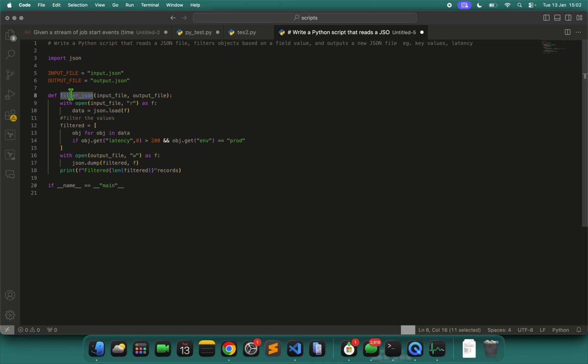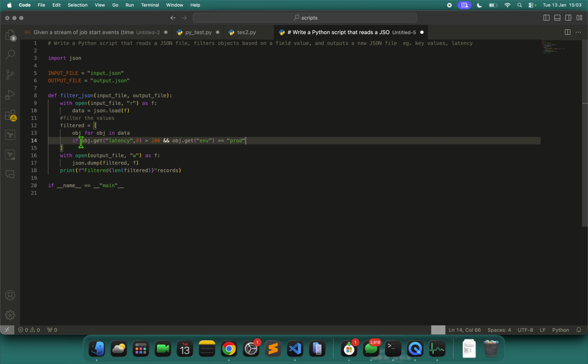I have defined one function where I'll be opening the input file, reading it, and storing it, and filtering the objects in the file. I can use any of the key values, like latency or env.